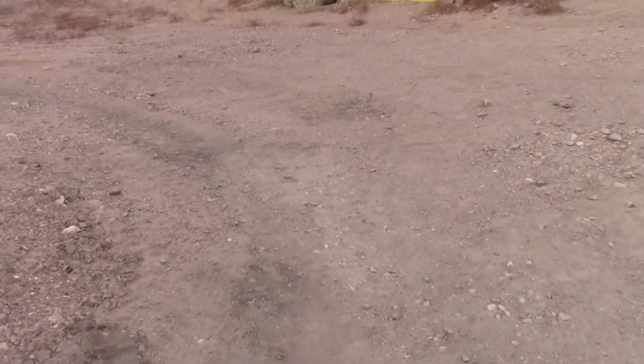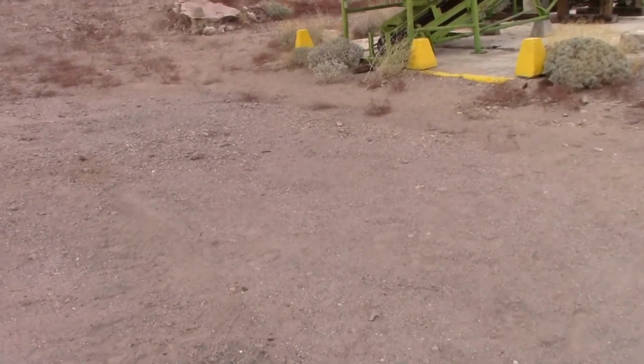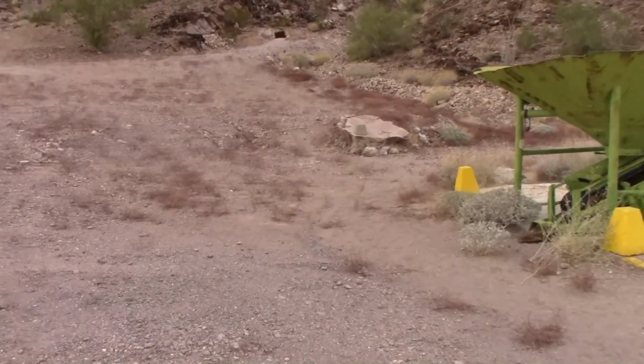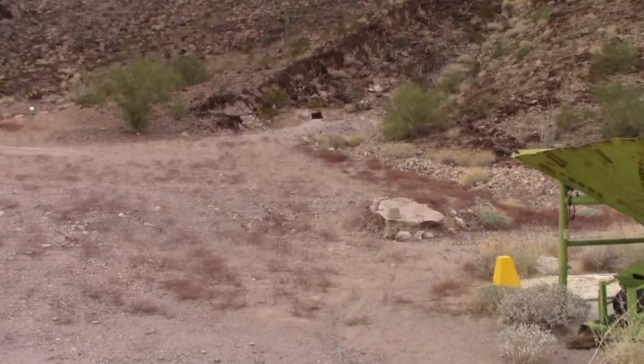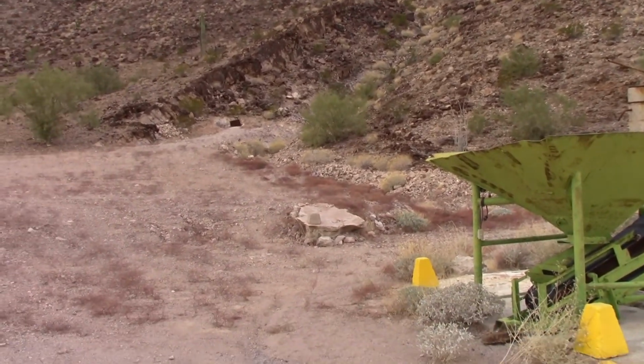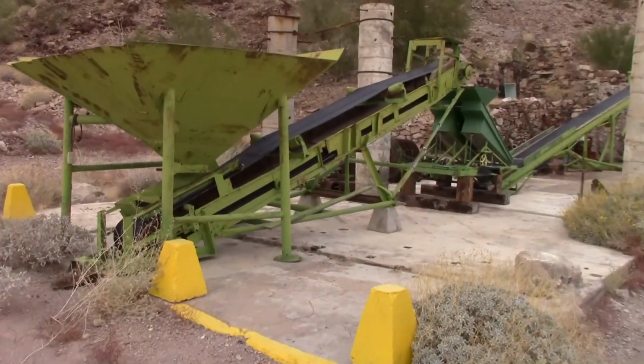One thing I would like to point out is this is an active mining claim. It is heavily posted, so you won't see me digging, picking up any rocks or anything like that, other than putting them back. But this whole area, that's a cut in the side of the mountain there where people have worked this. And then you got a